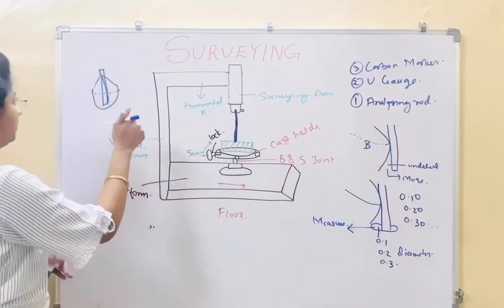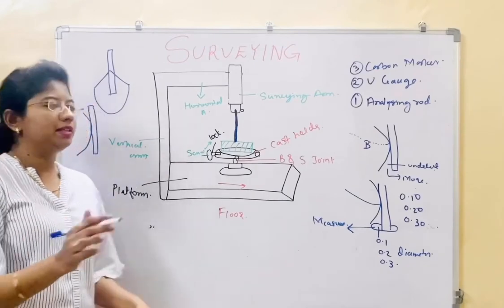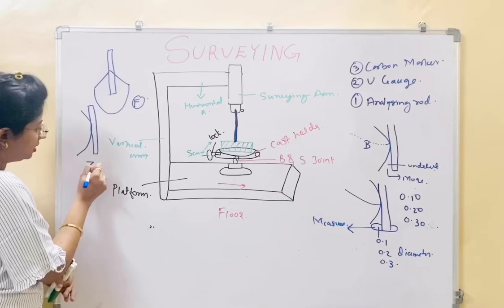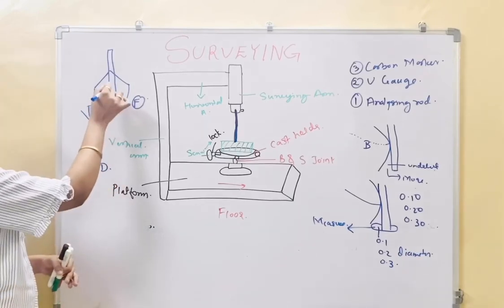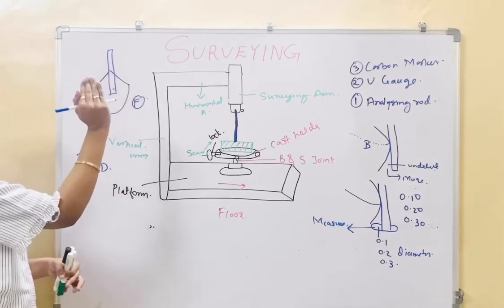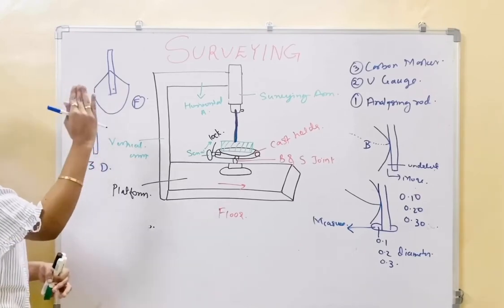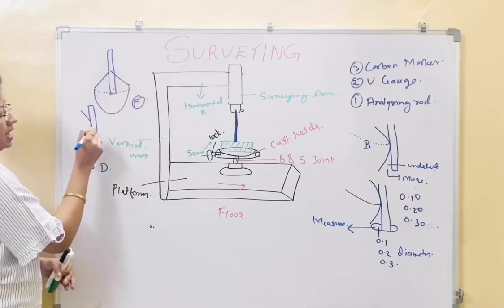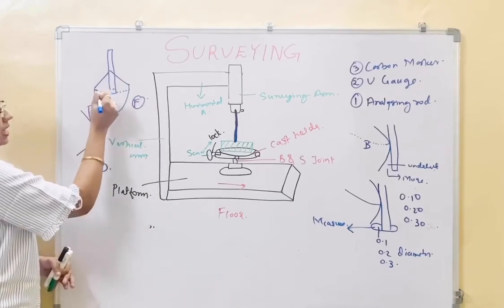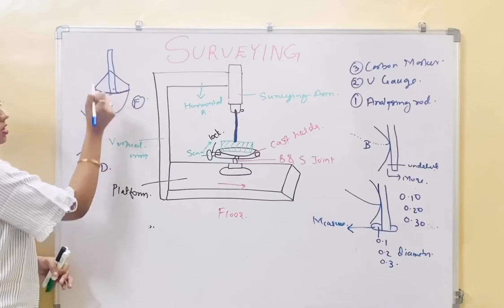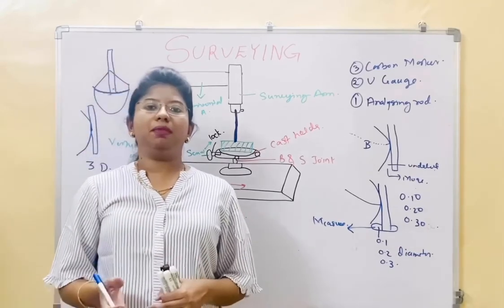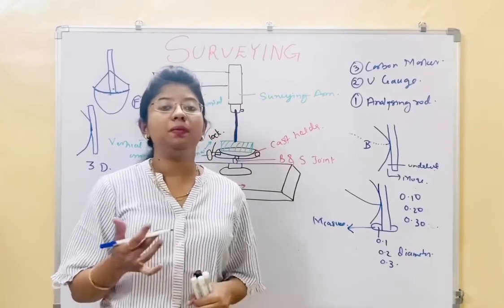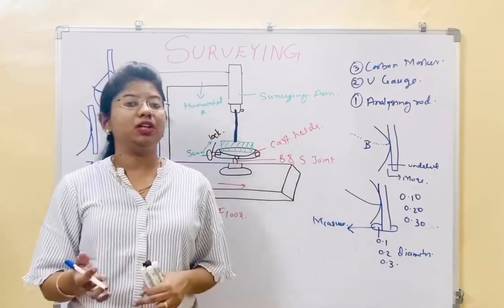Okay, I'll draw here. In this figure, this is seen from the front side, and it is seen in a 3D way. So what happens when you are moving this tool? This is a bulge. When you are moving this tool, there is a line here. Basically, it is moved in this area and you will get a line this way. So in this way, with the help of a carbon marker, you can mark the lines. How is the contour? High contour, medium contour, low contour. So you get to know how the contour is.